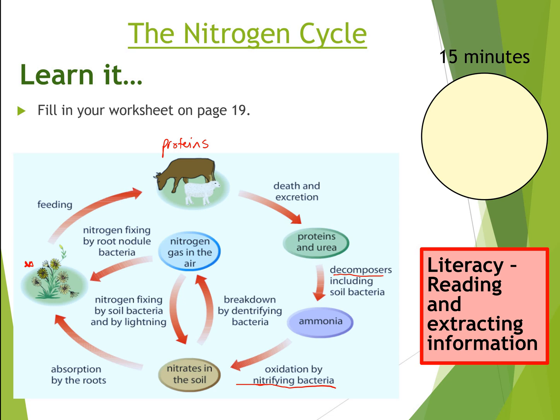One of the very first oxidation reactions you probably observed in school was when you burnt magnesium in a Bunsen burner flame. By burning it in the flame, the oxygen combined with magnesium to make magnesium oxide, and you got a bright white flash and some white powder left on the end of the tongs. So all oxidation is the addition of oxygen to another compound. In this case, the oxygen gets added to the ammonia, and the ammonia becomes the nitrates in the soil. They often dissolve in the water so that they're present in the soil.